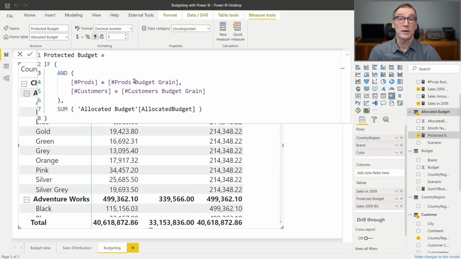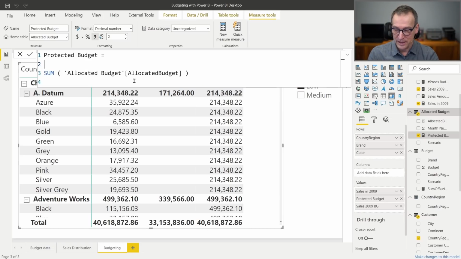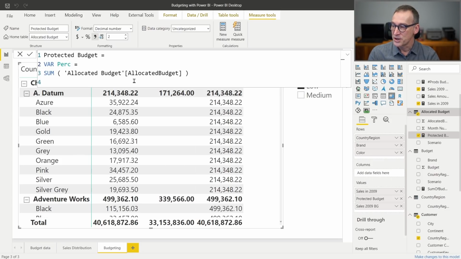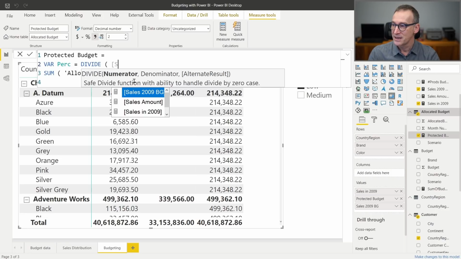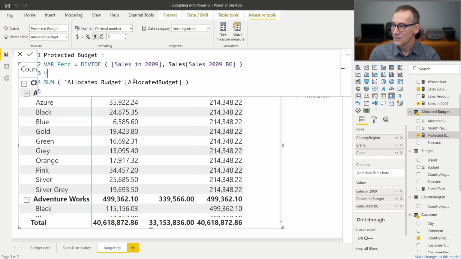And all the work that we have done to compute this condition is actually not useful because now that we know how to allocate budget at the correct level, we can simply divide, well, let's use a variable, percentage, that is the division of sales in 2009 by sales in 2009 at budget grain, budget value, and then we return budget value